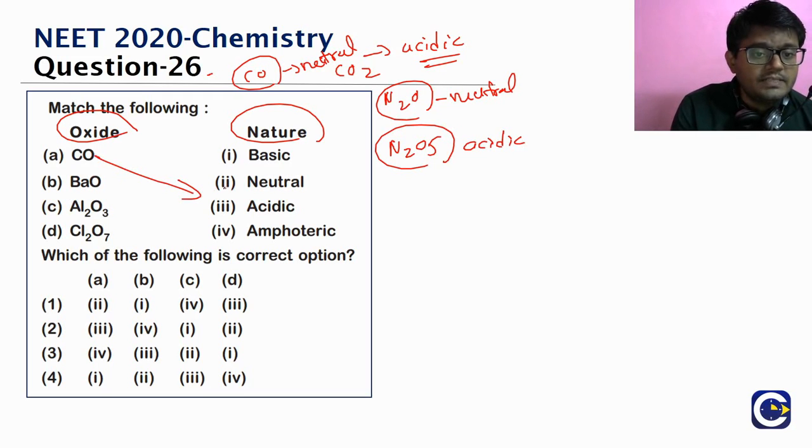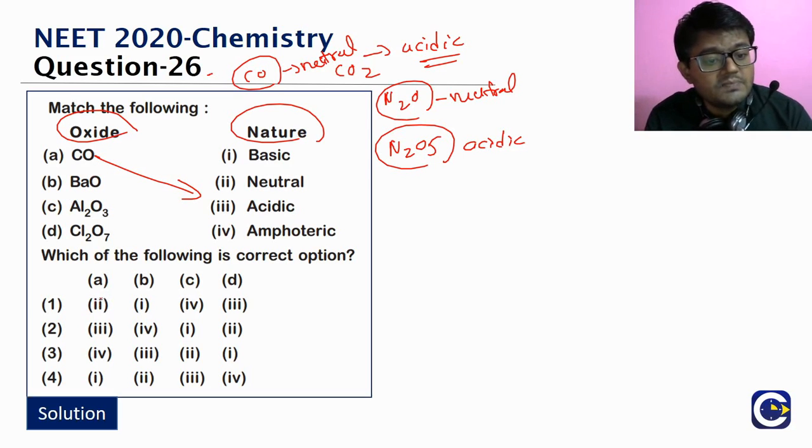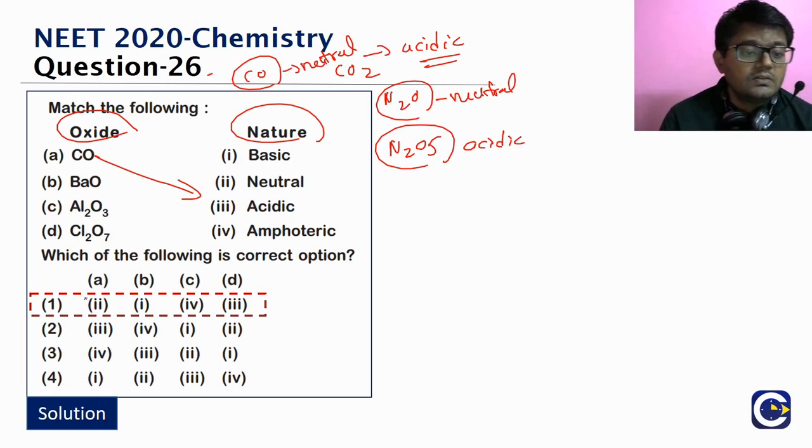When A is mapped to 2, I think we have our answer, because only one option has A matching to 2. Check it. That is option 1. If you are able to clearly identify one matching, you will be able to get the right answer. We don't even need to look at the others, but still we will go on.